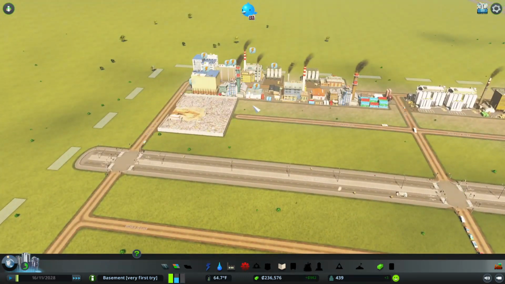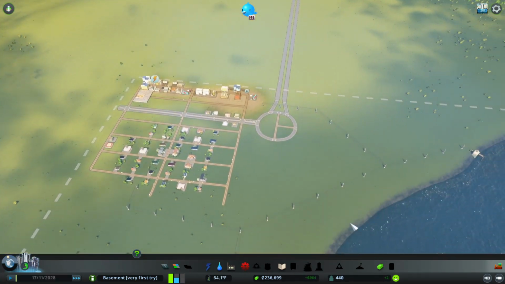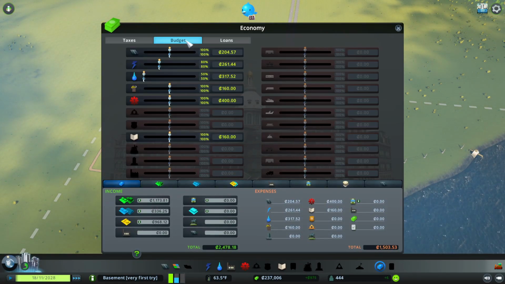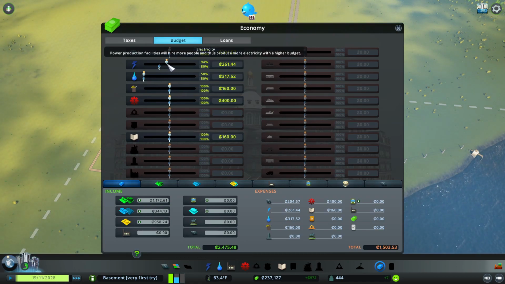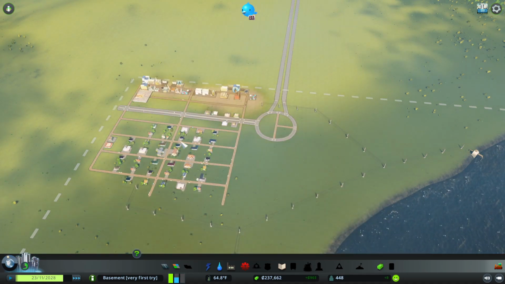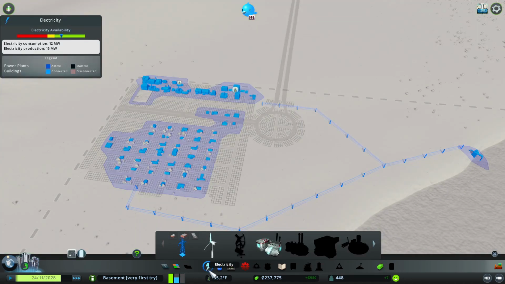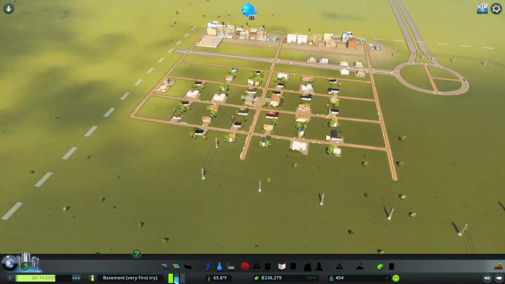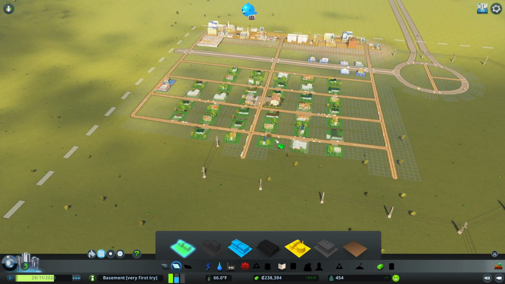What's going on with electricity here? They're connected, so I think we just need more power. But before we build more, let's just raise this to be optimal efficiency. And then we should be fine. Producing 16 megawatts and consuming 12 megawatts. Okay, now the demand for residential has gone up quite a bit, so it is time to start filling